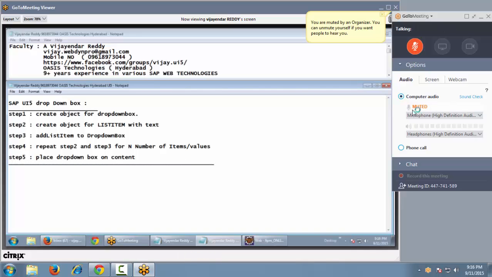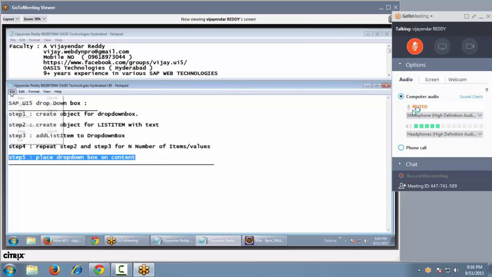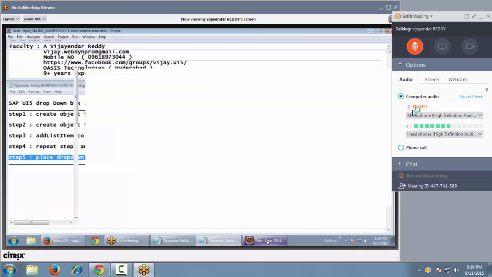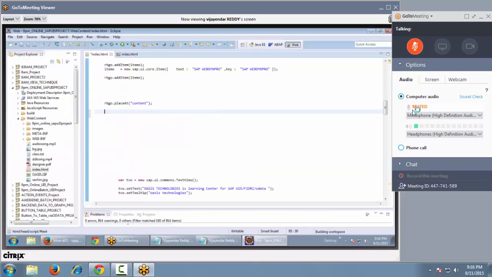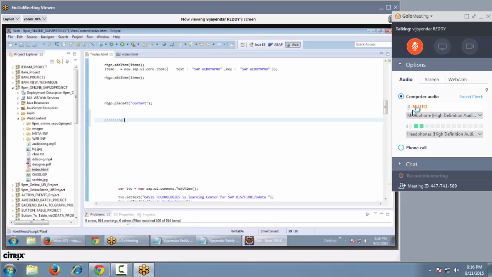That's it. So the last step is a very common step. For every screen element, you have to place it on some content of your HTML body. So let me do that here. I'm going to the index file. Somewhere here I want to use a drop down. First, let us create an object for the drop down